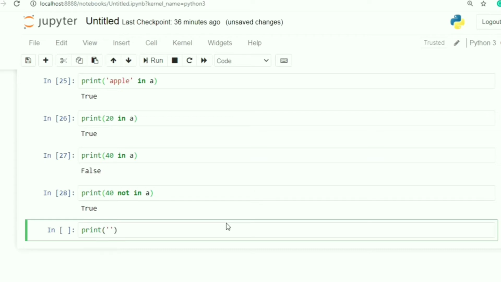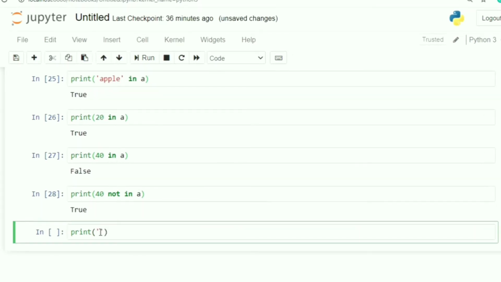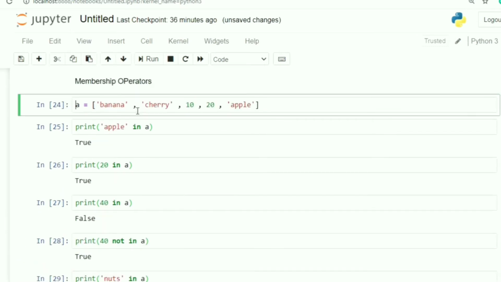Suppose I write another item, nuts in A, you can see it is giving me false because nuts are not present in this particular object. So these are the membership operators.